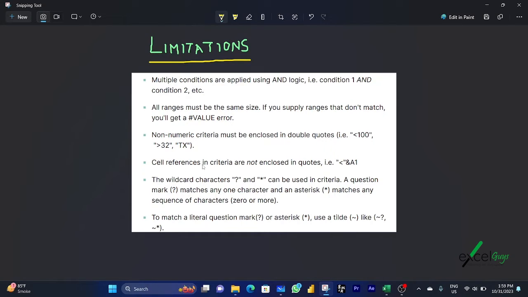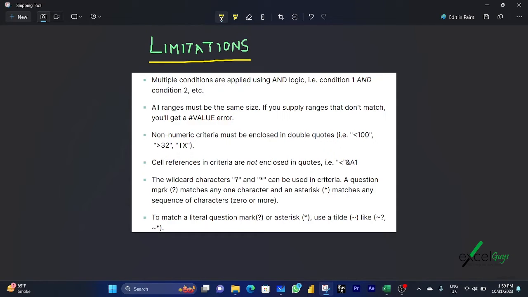Now, cell references in criteria are not enclosed in quotes, because only the operator like less than goes under the quote, and the cell reference is outside the quotation marks, and cell references get added using the ampersand sign with the criteria you supply using